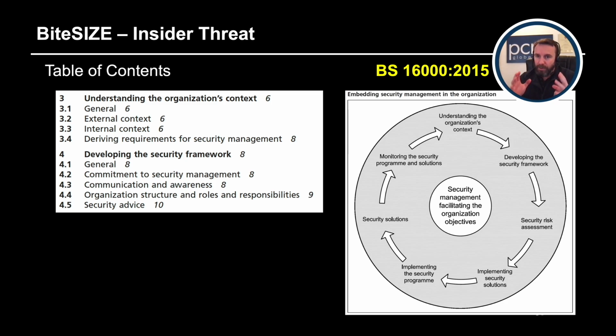When we think of 31,000, we will look at that in a little bit. We have the principles, we have the framework, and we have the risk management process. The framework, what is a framework? Well, the framework, think of a tent. If a tent didn't have a framework, it's going to fall on the floor. So what holds the tent up? What holds the security up? What holds the risk up? What holds the health and safety up?